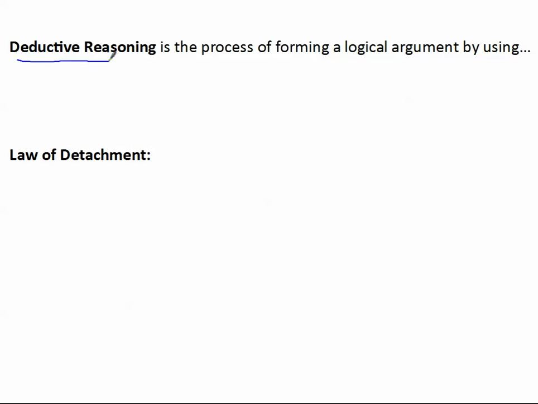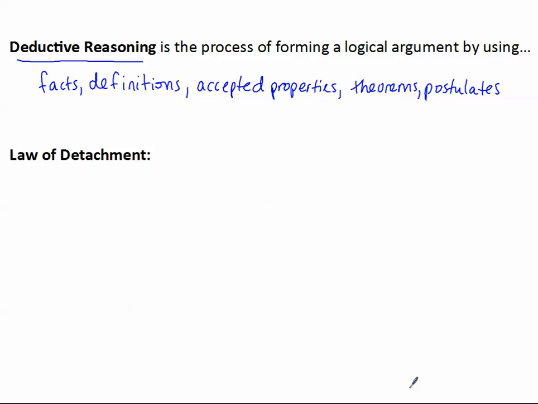Deductive reasoning is the process of forming a logical argument by using facts, definitions, accepted properties, theorems, postulates, and other things that are true in a logical order to make a logical argument. We use two laws when we use deductive reasoning. First, the law of detachment uses a fact,